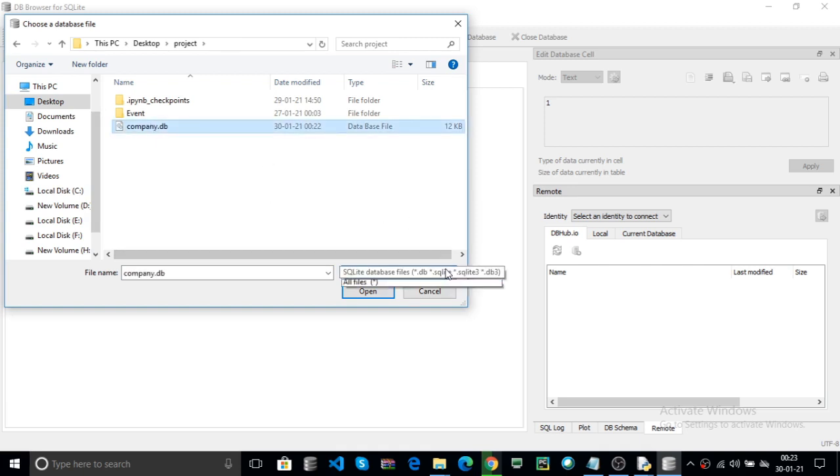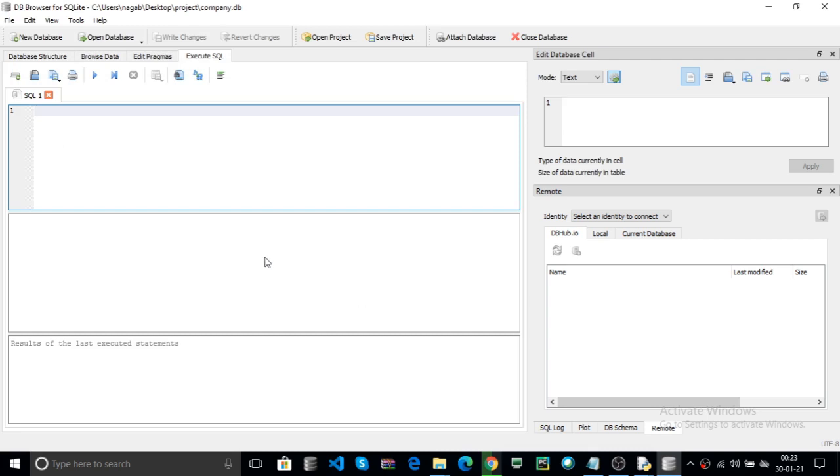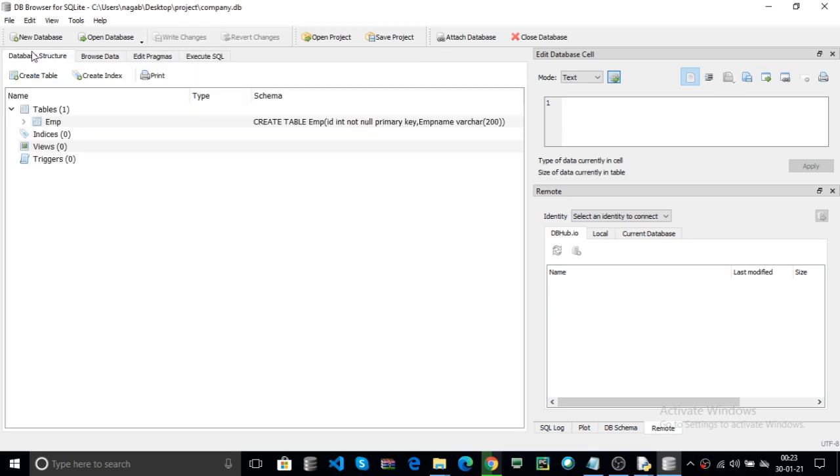Here you can also use extensions like .db, .sqlite, .sqlite3 and .db3. Here you can also use SQL. Click on open, go to the data structure.